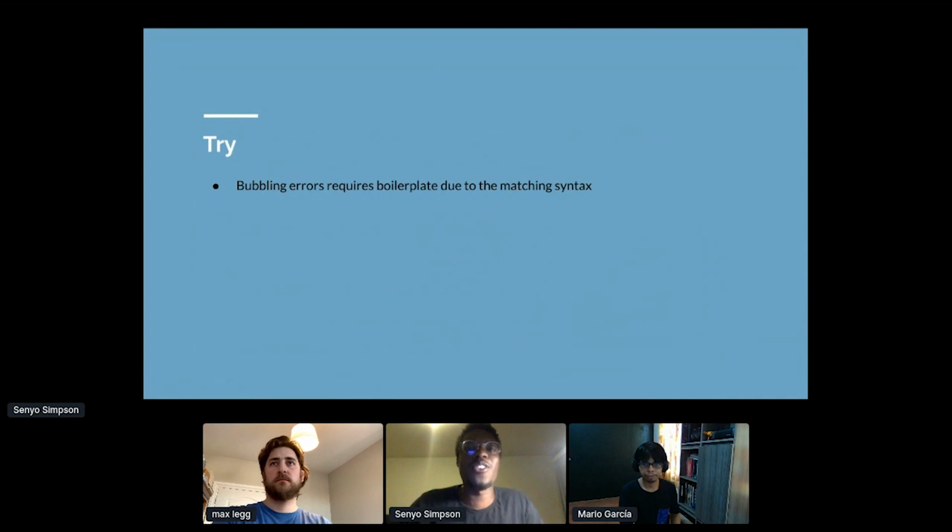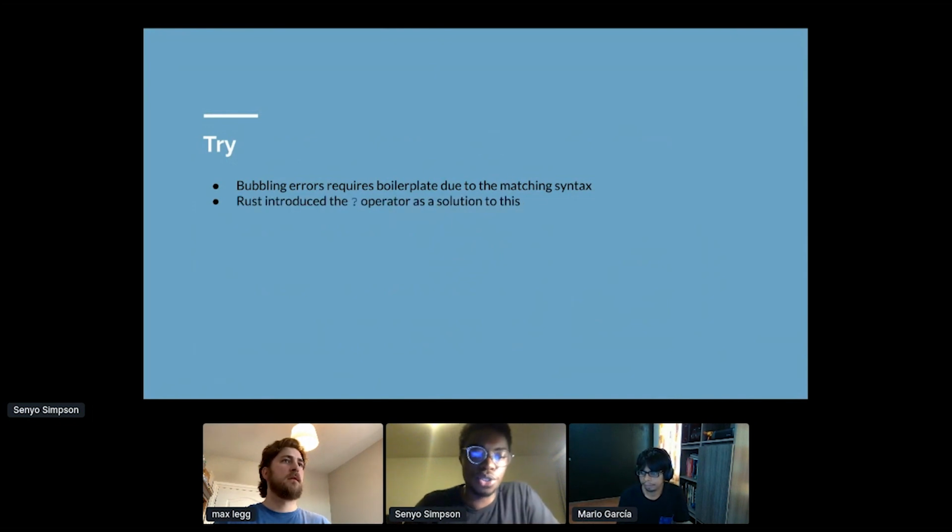It's a lot of boilerplate. It's kind of like in Golang, where they always complain about how the most common line they write is if error does not equal null, and then continue their code. And because it's such a structured thing, we can actually take care of it through syntax or functions. So in this case, Rust introduced the question mark operator, just known as try. It's a solution to reducing the amount of boilerplate, and it replaced the try macro that was previously in the language.